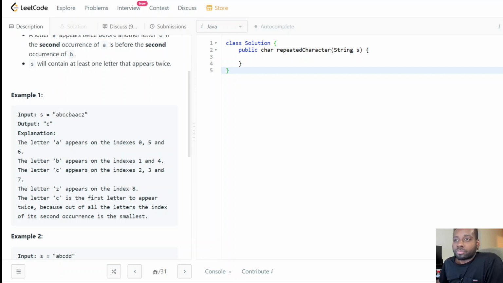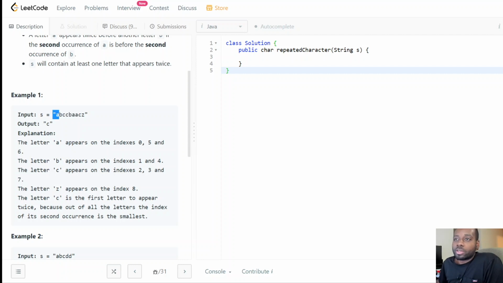The data structure of choice would definitely be a set. We could easily do an O(1) lookup to see if a character has already been added to our data structure. And if it has, the first character we encounter that fits that constraint, we just return that character. So to formalize the algorithm that we want: